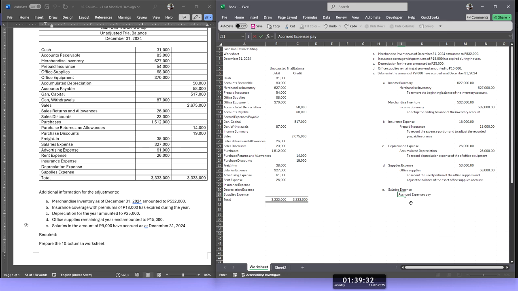But again, if you use accrued salaries payable or just salaries payable, it is still correct, especially if there is no account given for that purpose. So the amount is 9,000